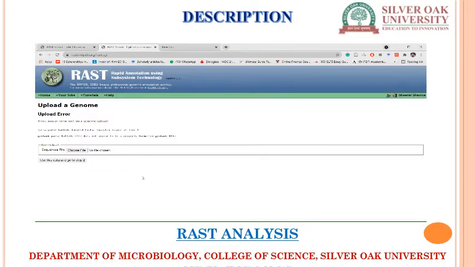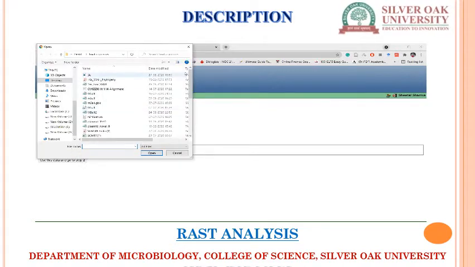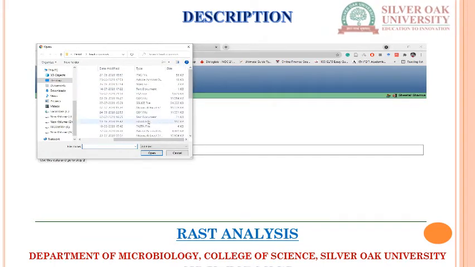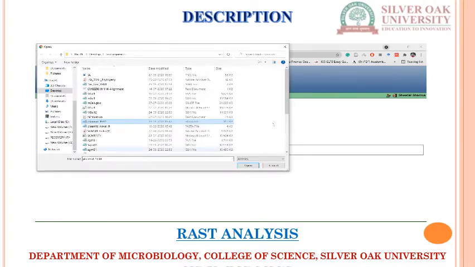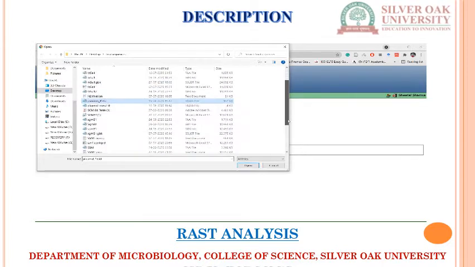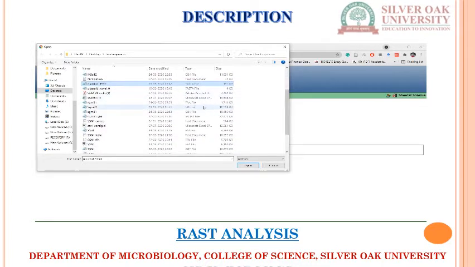Here it seems that there is an error. So again, there is an option to choose the file. This time I will go for the FASTA file rather than the other formats.